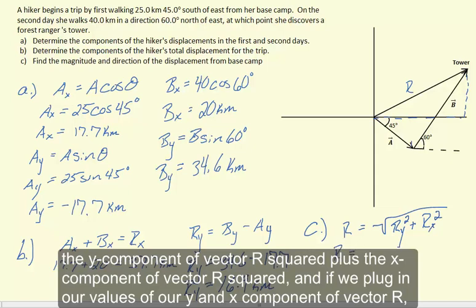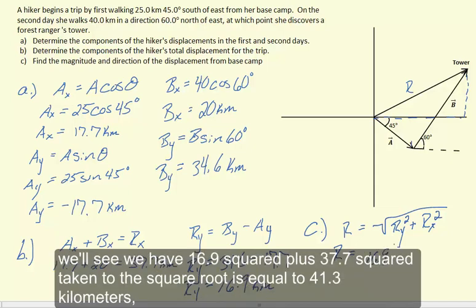And if we plug in our values for our y and x component of vector R, we'll have 16.9 squared plus 37.7 squared taken to the square root is equal to 41.3